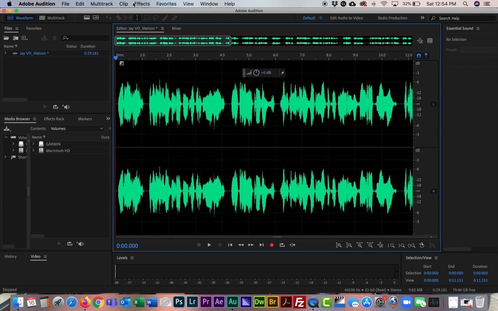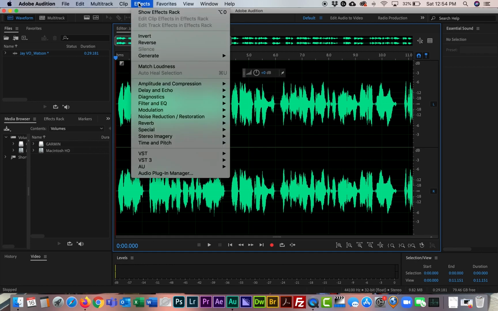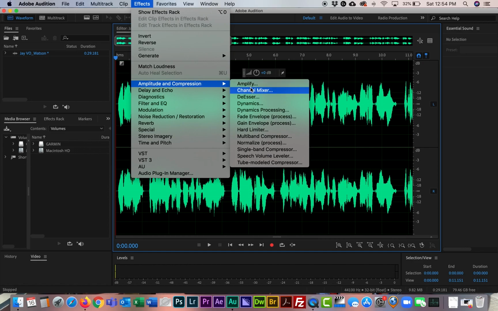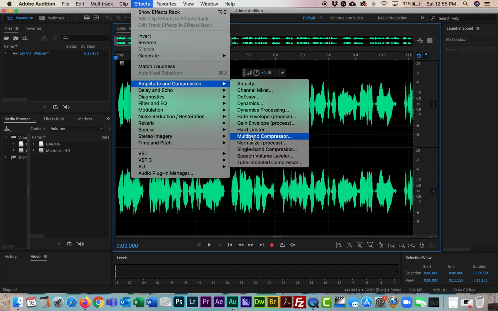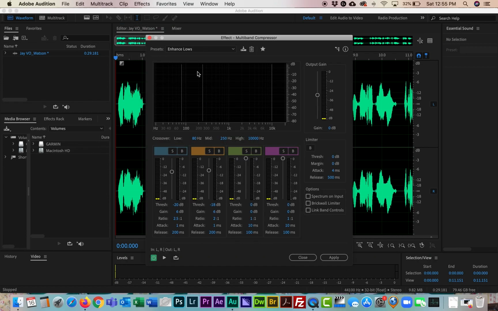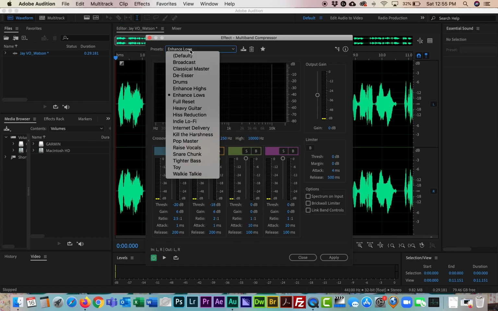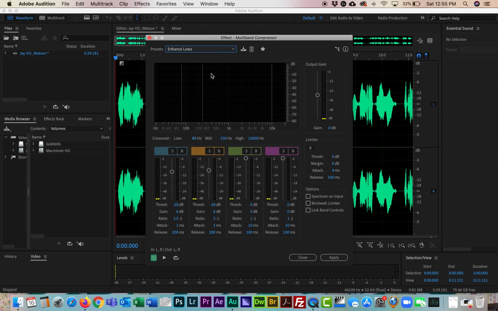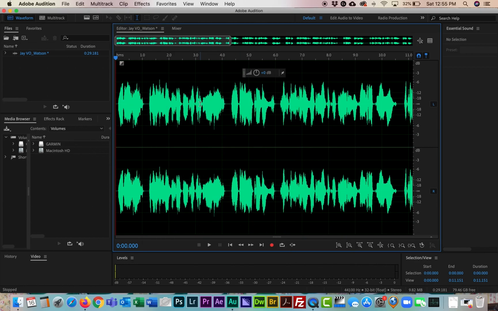And you can see in the menu here, we have an effects drop-down menu. I'm just going to show you a couple of things that you may want to put in here depending on the quality of your recording. If we go to amplitude and compression, one that I use a lot is multi-band compressor. And if you click on this, you can equalize it by enhancing lows, broadcast, classical master, and stuff like that. I'm not going to do any of that right now,